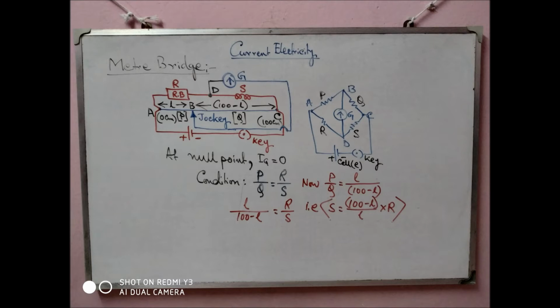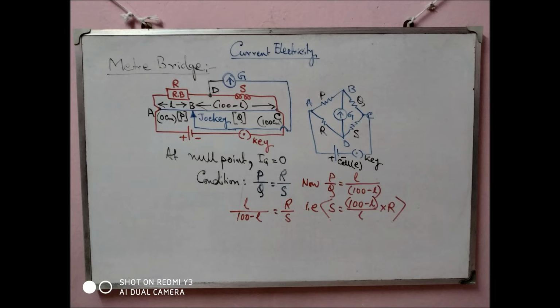So that is the known resistance, and one unknown resistance which is also a coil resistor, that is wound over a wooden bobbin like structure. Now this is unknown resistance S. Now we have to connect the DC source, that is the cell having EMF E, and the key in series as the standard diagram of the Wheatstone bridge. So positive terminal of the cell is connected to point A, that is 0 centimeter in general, and negative terminal with a key in series to point C, that is 100 centimeter.